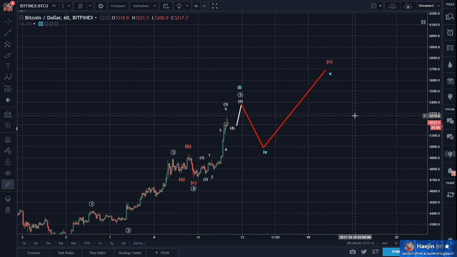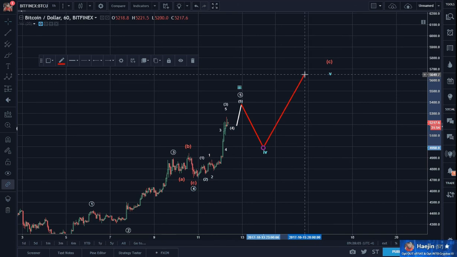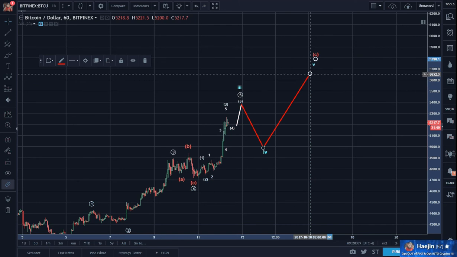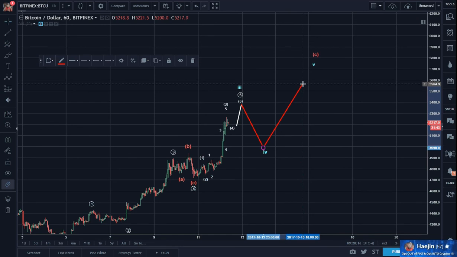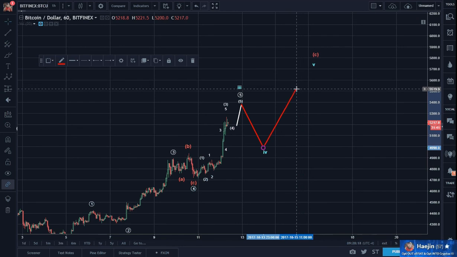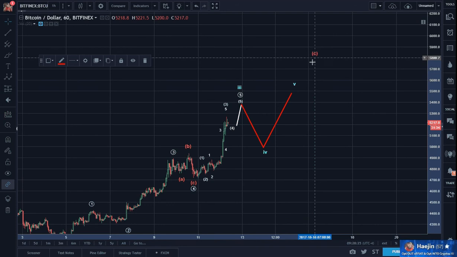So here I'm putting it at around 5,500 or so. 5450-ish. And it could exceed that. I know. It can exceed it.